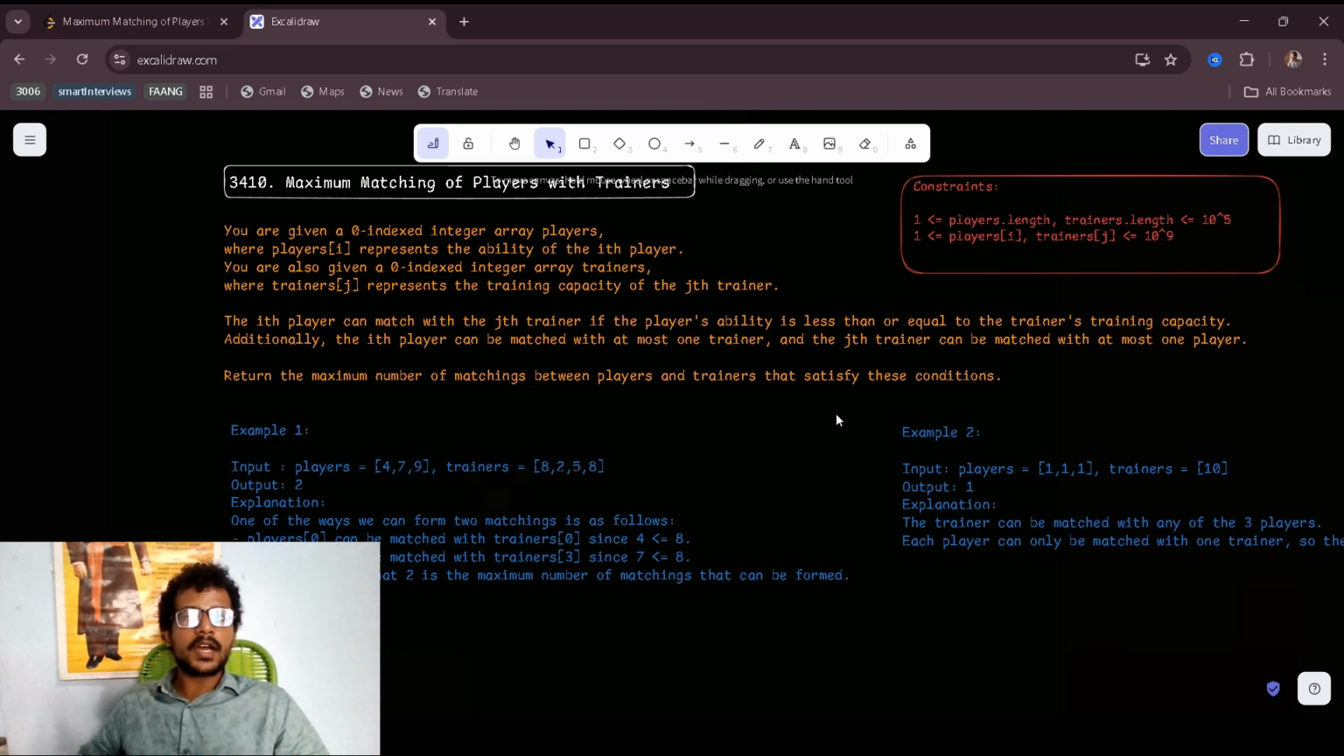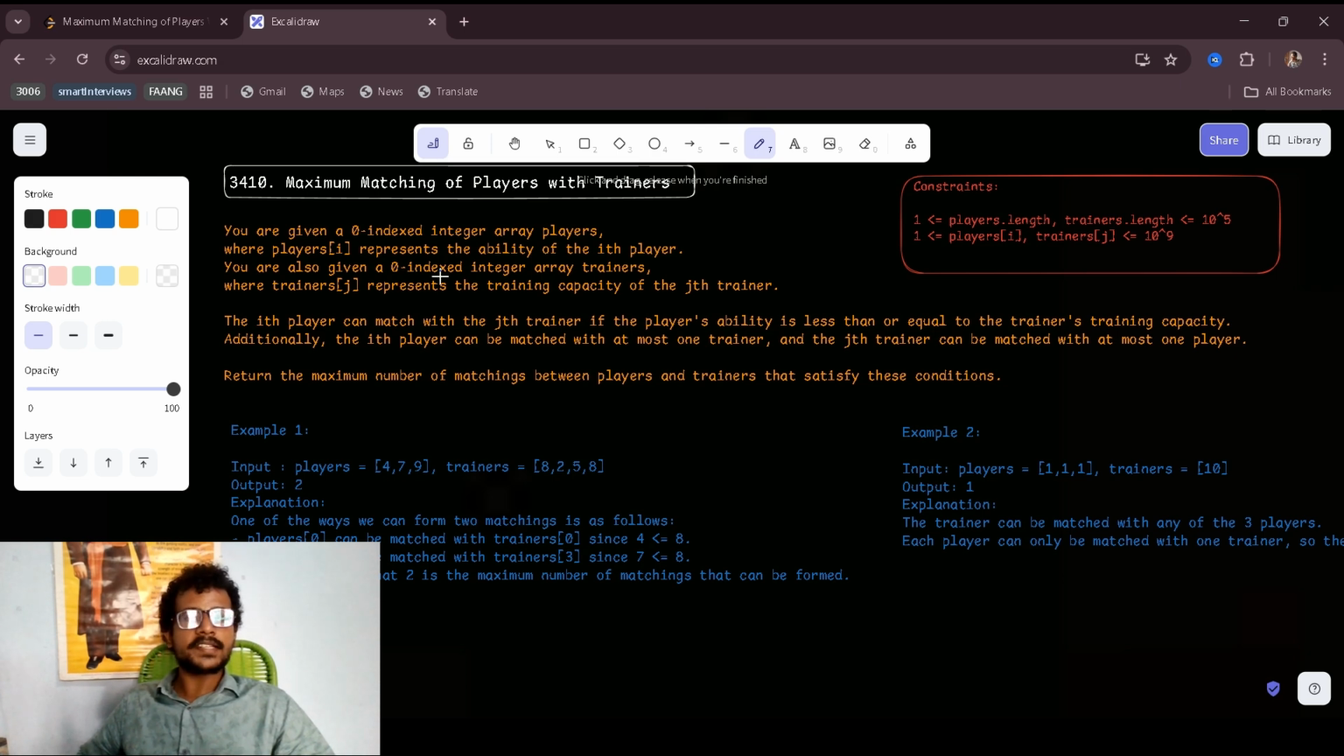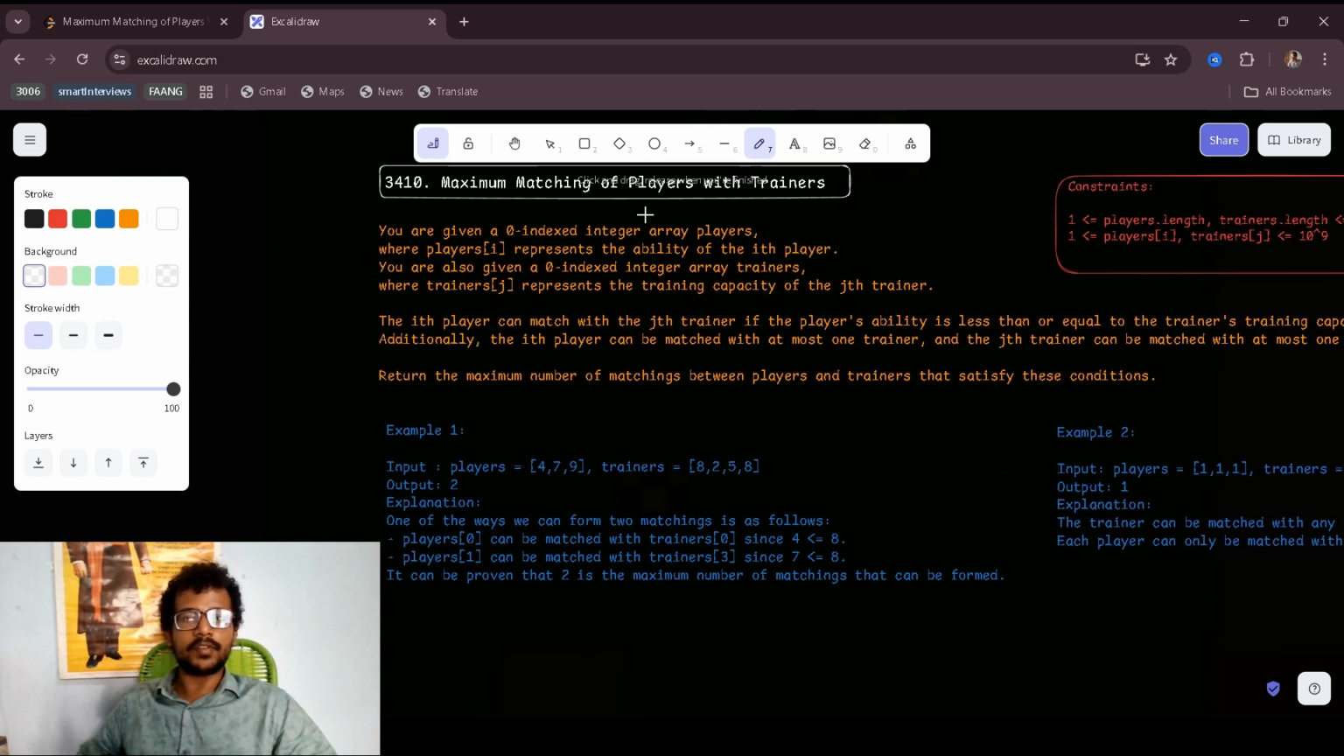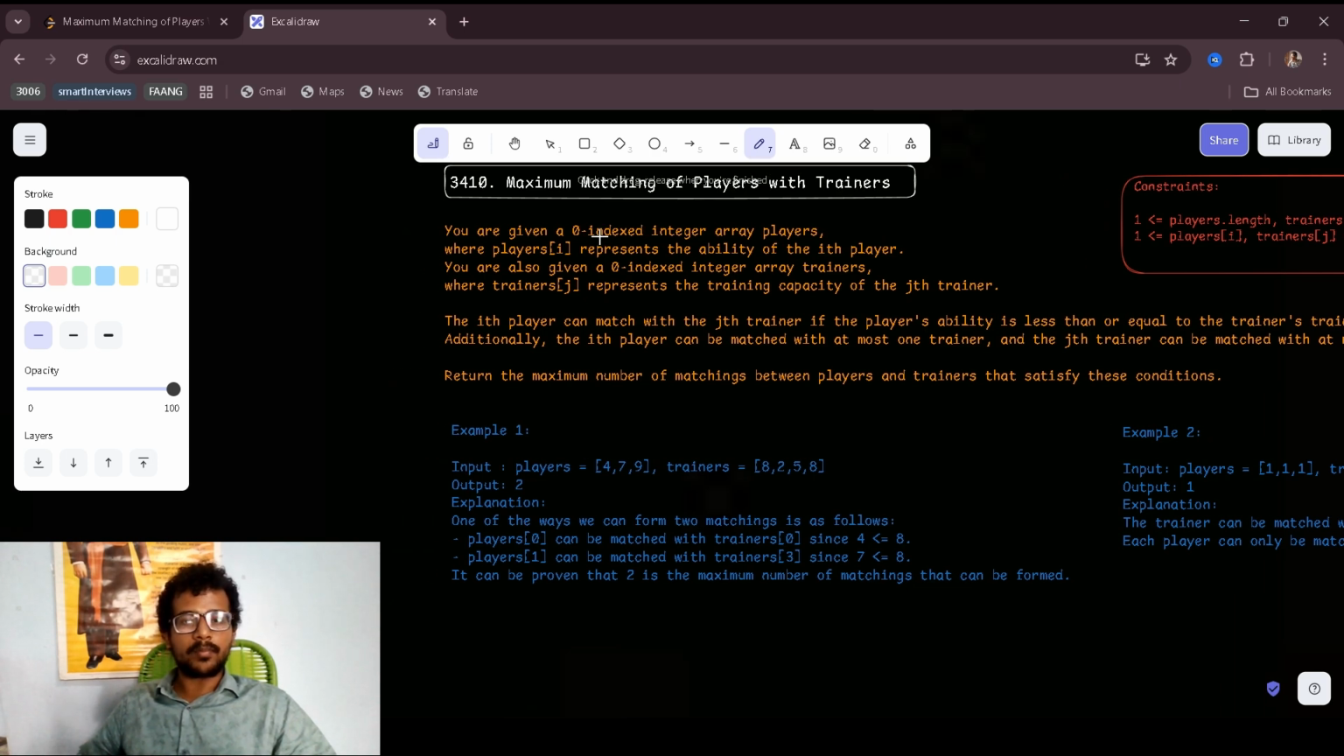So let us now start discussing this problem. We are given the problem of maximum matching of players with trainers. You are given a zero-indexed integer array players, where players[i] represents the ability of the ith player. You are also given a zero-indexed integer array trainers, where trainers[j] represents the training capacity of the jth